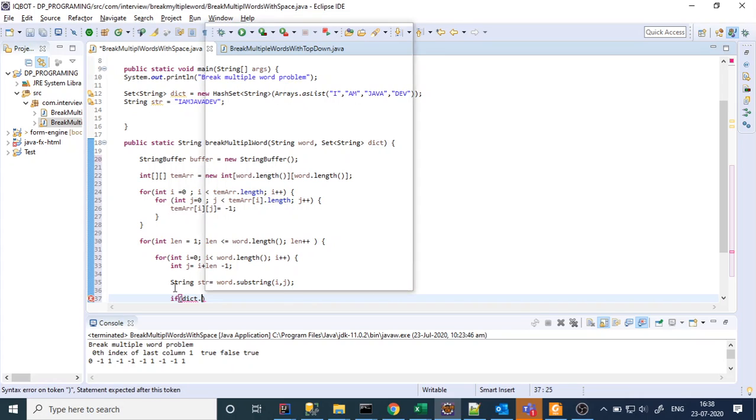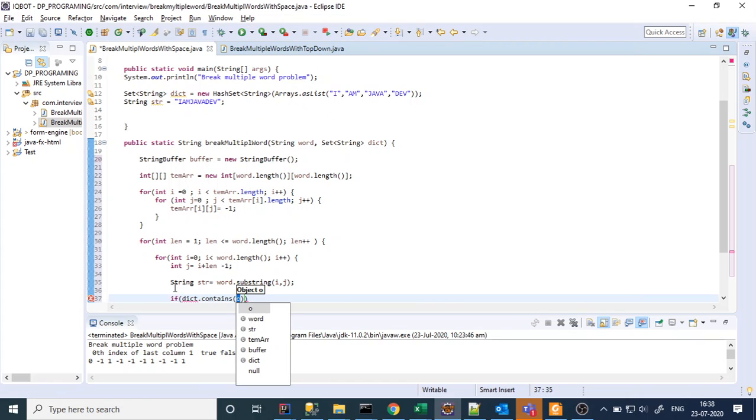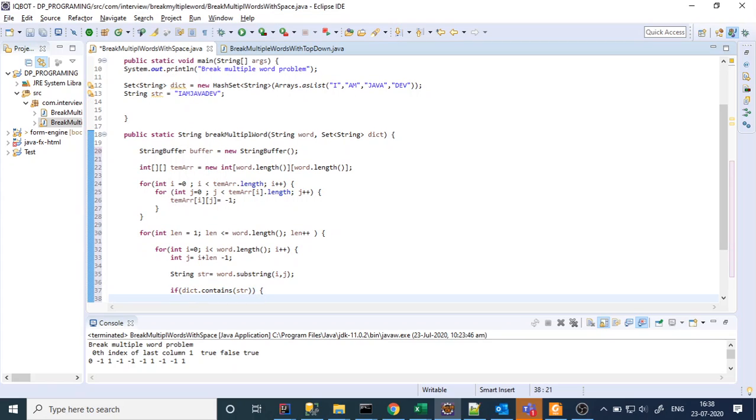So dictionary.contains(str), if it exists, then the temporary array, what I will do is initialize it with the value of i.